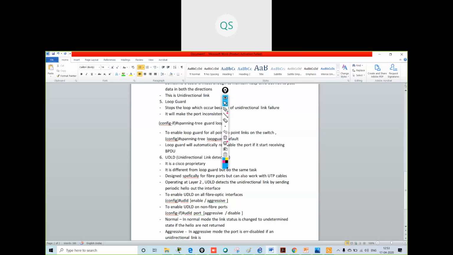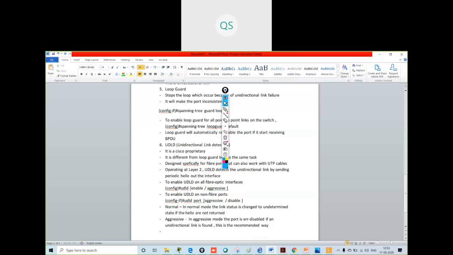If any unidirectional link is found, it will make the port error disabled, and this is the recommended way. We recommend the aggressive mode. Understood? Any doubt?